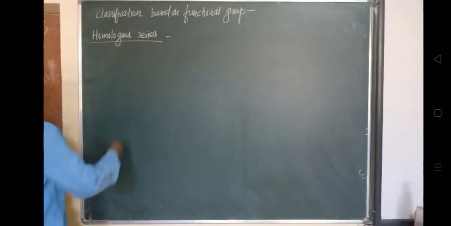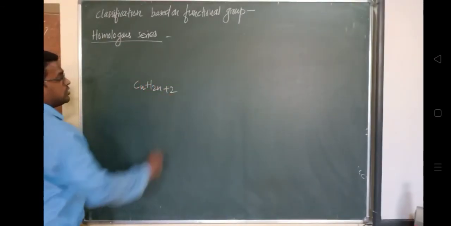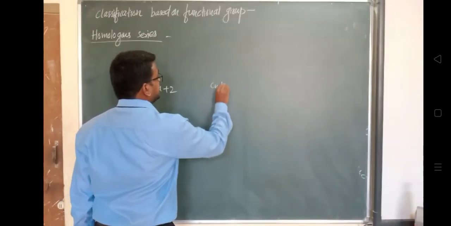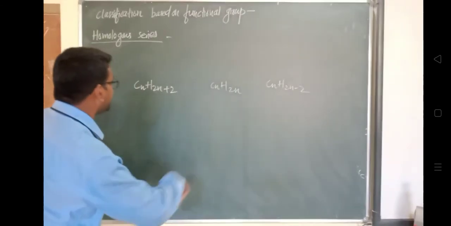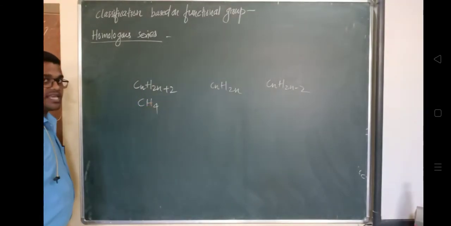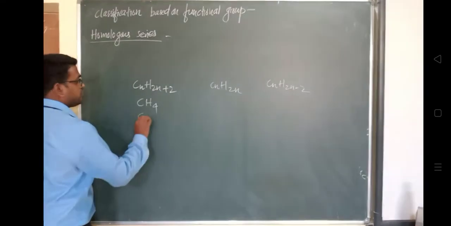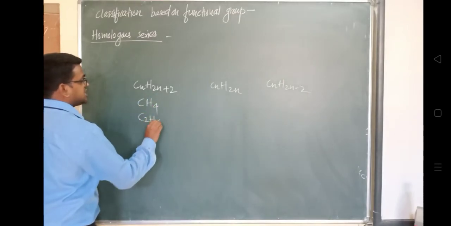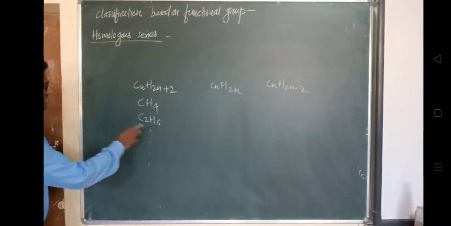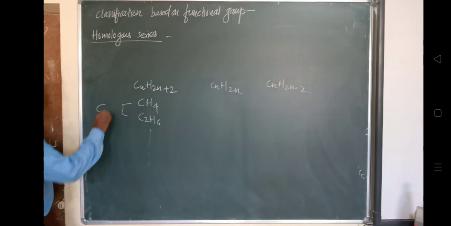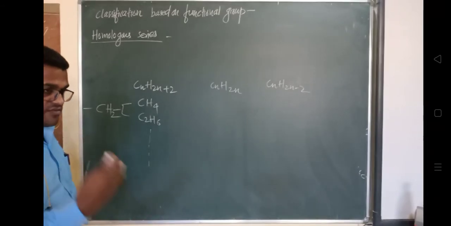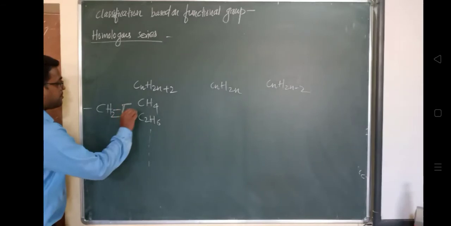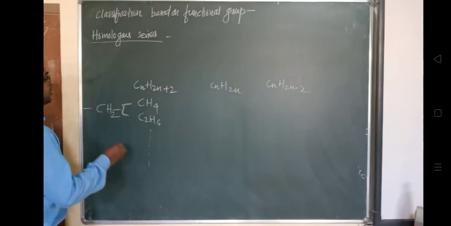If we talk about alkane, its general formula is CnH2n+2. Then the formula of alkene is CnH2n. Then the formula of alkyne is CnH2n-2. Now arrange them. If n is equal to 1, then it is CH4, methane. If n is equal to 2, it will be C2H6. So like this, it is a series. If you observe these, what is the difference between the two? There is a difference of one carbon and two hydrogens. So this CH2 is the difference between two consecutive terms. In the series, the next-to-next organic compounds have a constant difference. Look, what will the third one be?